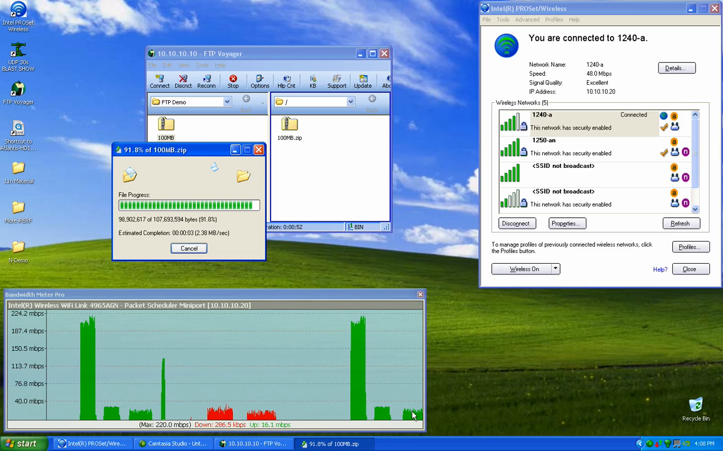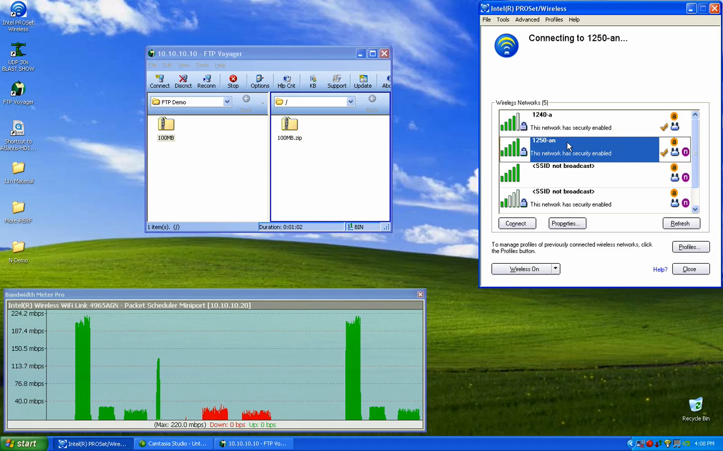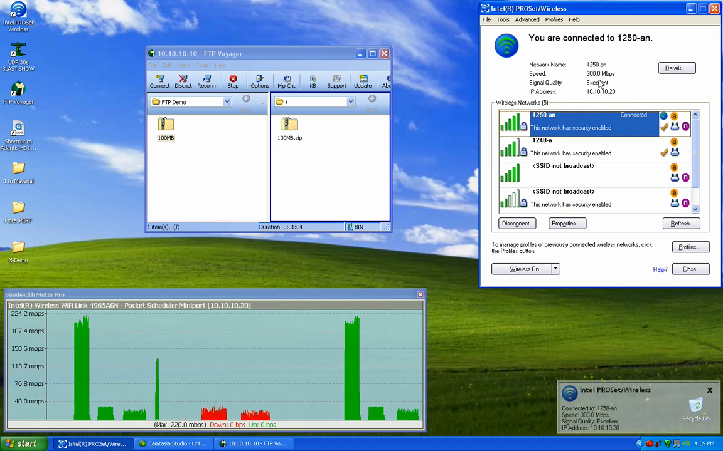It's fairly quick, but for the purpose of a demo it's probably a long 30 seconds. You can imagine though if this was a much larger file it would take a significantly larger time. Now let's go ahead and switch over to the 802.11n SSID. Again, we can see we're connected at 300 megabits per second using wide channels, and let's do the same file